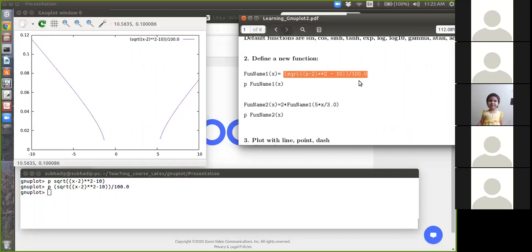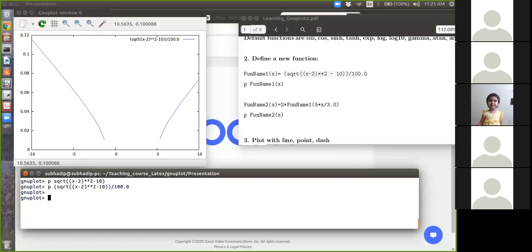So it is a very nice way to define a new function. If you give a blank enter, the arrow will come down. I gave it twice just to look better. So I am going to define it, remove the plot part.